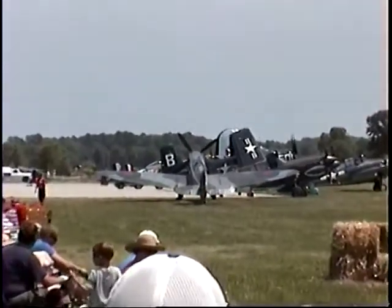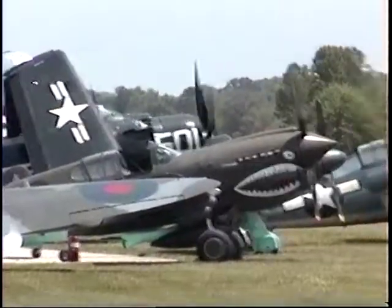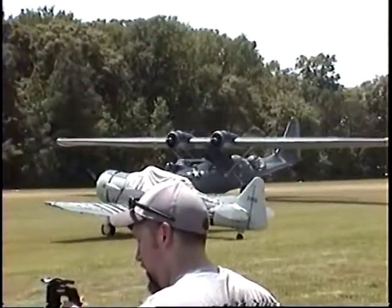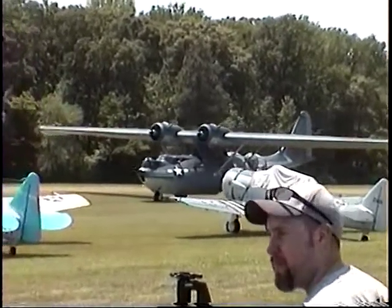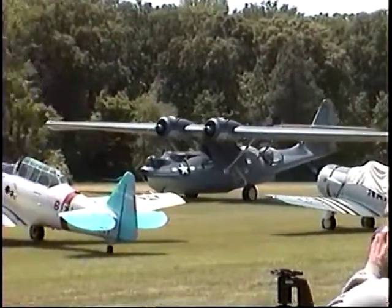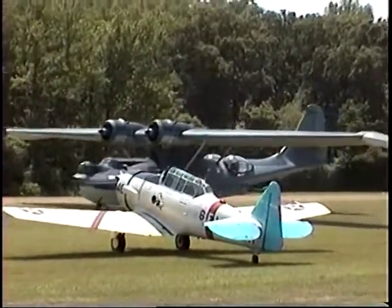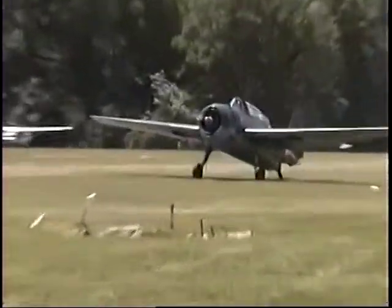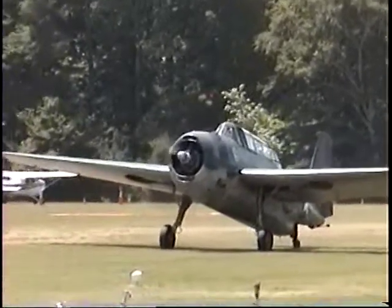Warbirds Over the Beach almost always seems to coincide with a lot of important historic anniversaries, and the month of May 1942, again, let's look at that alphabet soup. P for patrol bomber, Y for the Consolidated company, 5A, the fifth model, and A for amphibious, because believe it or not, this plane, for the Trojans in the early 1930s, was built first as a strict flying boat, and then later adapted to amphibious aircraft